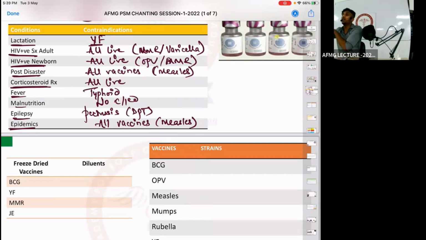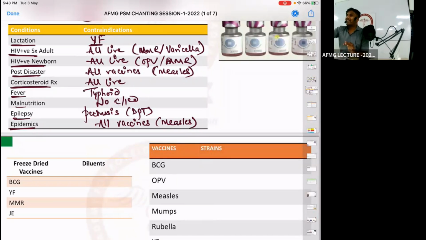It would be around 6 to 8 weeks. Before that only, the patient will get the disease or acquire the disease. Okay? So that is the reason why during epidemics no vaccine is given, because the incubation period of vaccine-induced disease is much more as compared to the natural incubation period of the disease.